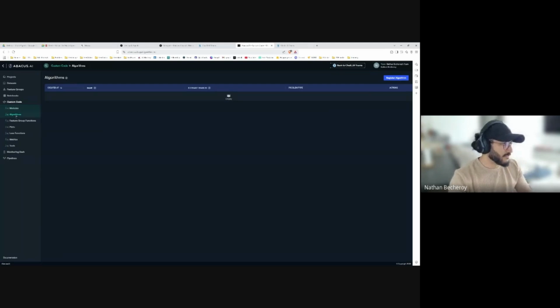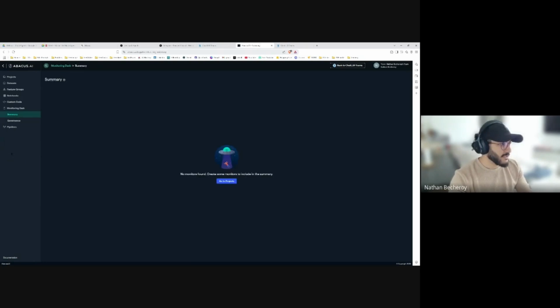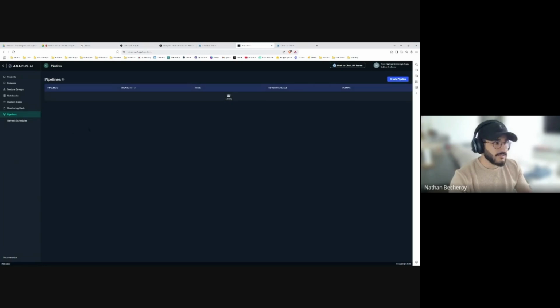You can use it to register algorithms, new Python functions, create plots, loss functions, metrics, and other tools. You can monitor your dashboard to see the consumption of the tools you create, and the consumption via the API. You can create pipelines also.